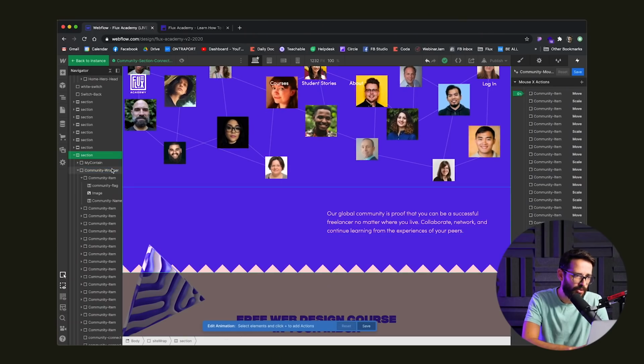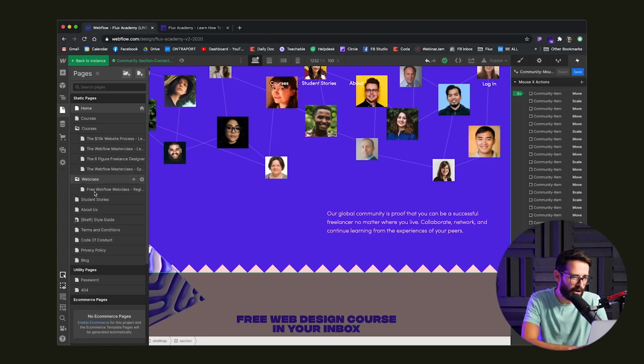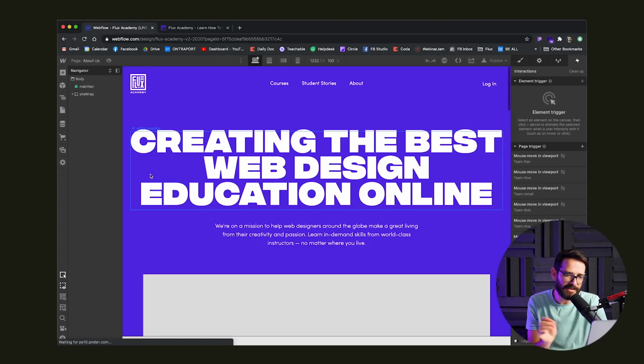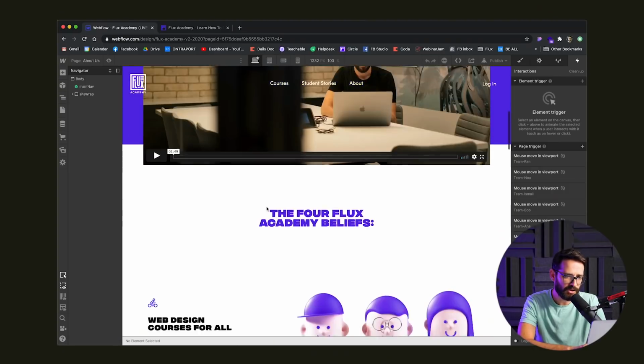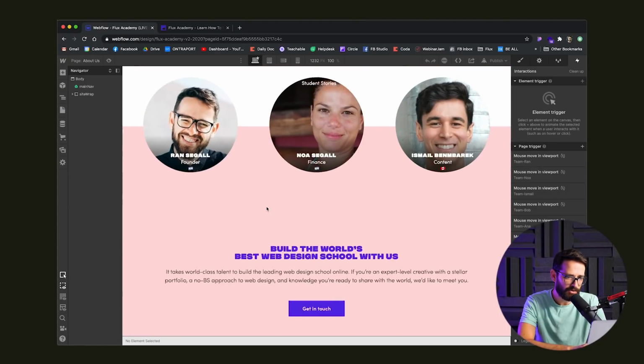So what happens if the mouse is at the top of the screen or at the bottom, at the left and the right. So that's how the mouse and viewport interaction works. The last thing I want to show you, and that I actually struggled with or thought about how to do for quite a while, is the about page interaction that we have here.